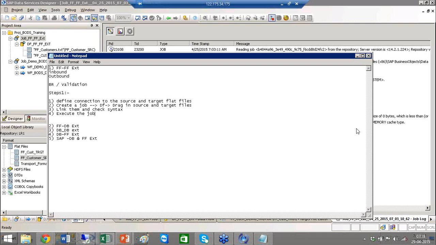So based on all these different factors that we collect from the customer's landscape, we will perform an activity called server sizing, where we define how much RAM is required and how much time is required to